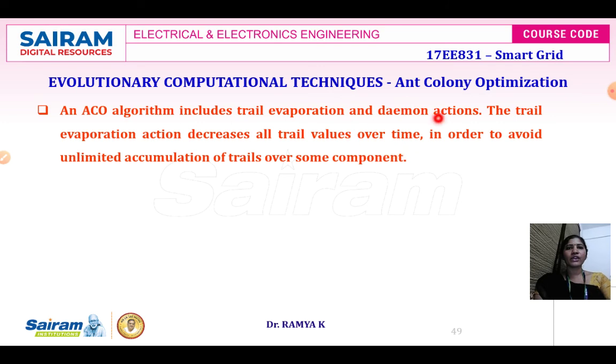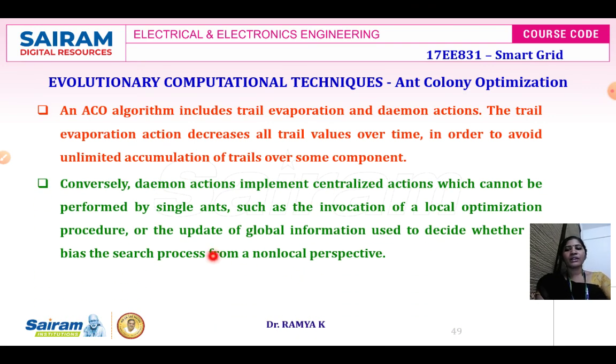The essential triad of the ACO algorithm is the combination of prior information about the structure of a promising solution with posterior information. So prior information is required, and posterior information is also required, in order to obtain the best solution. It can also be structured with respect to the previously obtained output and solution. It uses computational concurrent and asynchronous agents, termed a colony of ants, that move through the states of the problem corresponding to partial solutions. And here we can decide whether the bias is going to search the process from a non-local perspective.